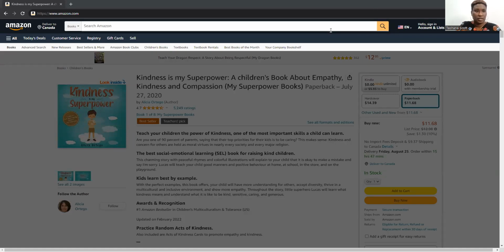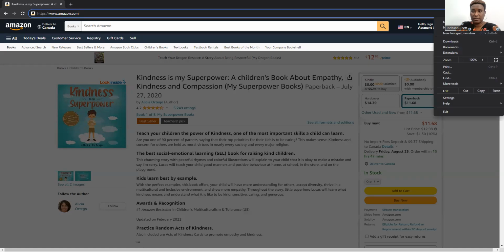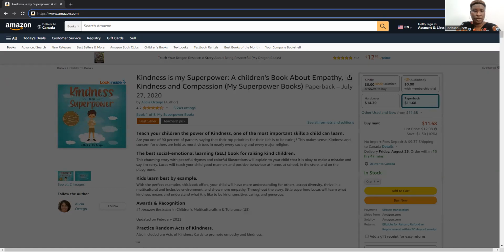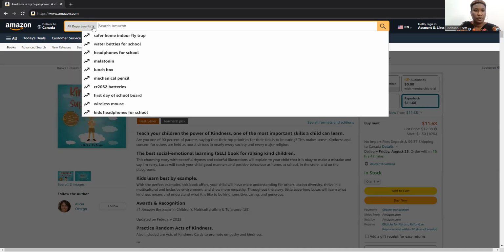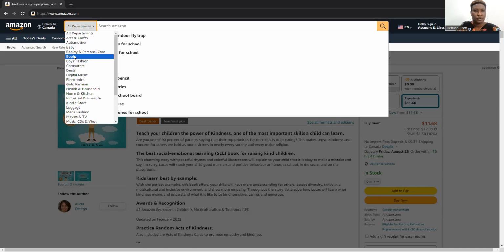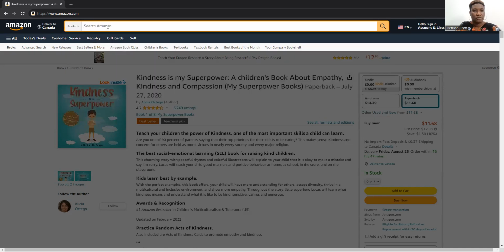So this is Amazon.com in incognito mode. And you can go here, the three dots, and change that. Okay. So now the first thing that we do is go here. I always recommend search. Usually it's on all departments, but I want it to be more specific and go to books. So we're looking for